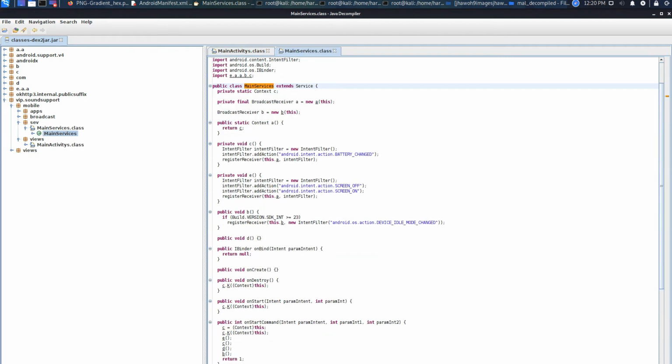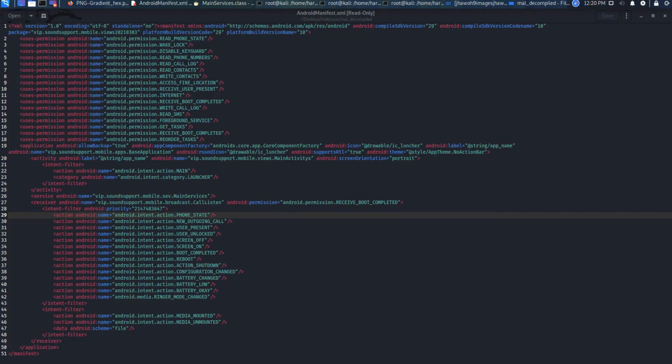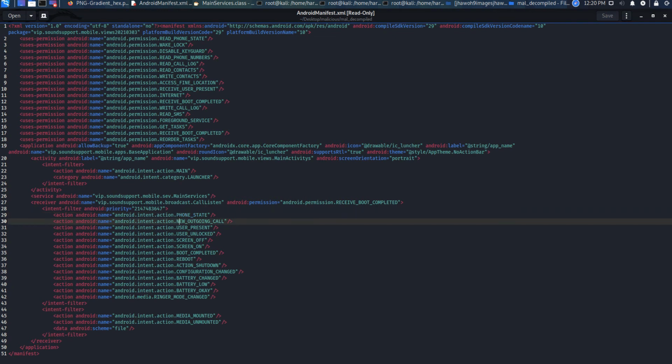Yeah. One more thing to look at in this application is they are using broadcast receivers, right? Using these broadcast receivers, they can see phone state, as we saw just now. What are broadcast receivers and how do they perform? We explained this in the previous video. And outgoing call. The attacker can see all this. Who is the user present? Unlock. Whether the screen is off or on. Whether the system has boot completed. Whether the system is on. Whether they have performed a reboot or shutdown of the device. Any configuration change, battery change.